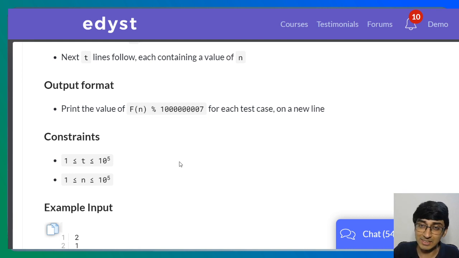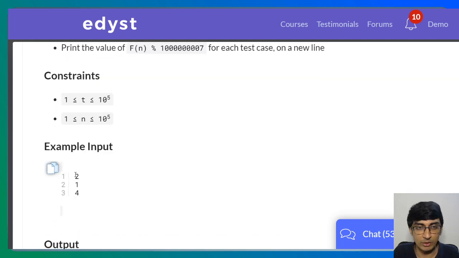Each of those test cases, you could have n going up to 10 raised to 5. This is a little bit of a hint that, when you have something as big as 10 raised to 5, you can't really just do a single for loop and find the answer. Had this been 10 square, like 100 test cases or so, you could have still thought of just going, but 10 raised to 5 is way too much. Okay, so let's try to figure out what's actually happening.